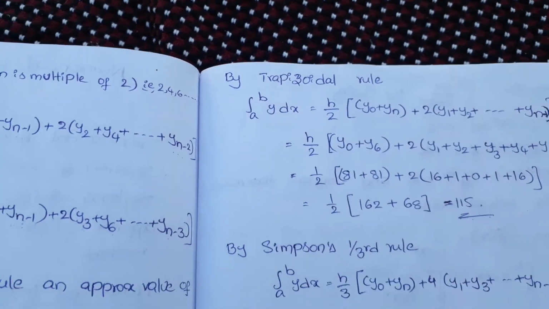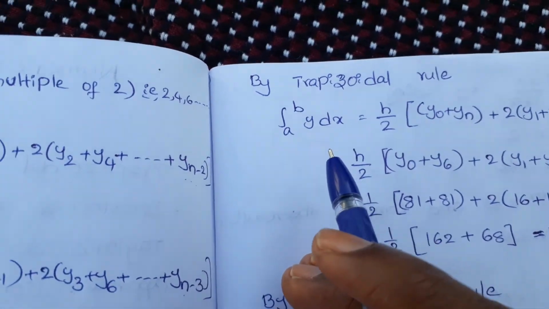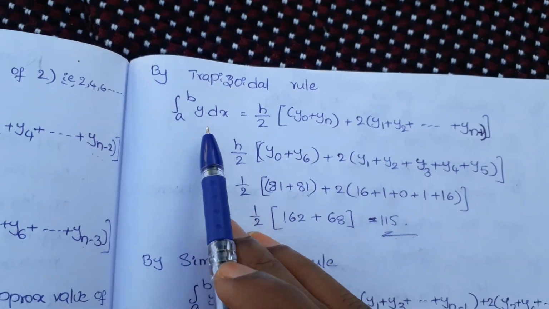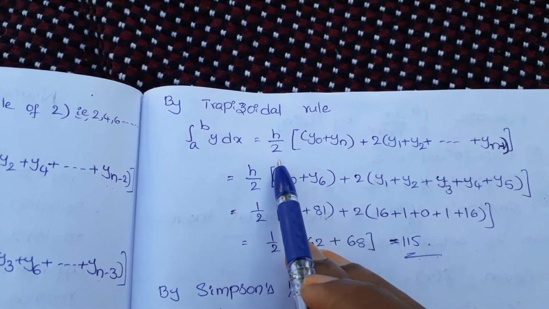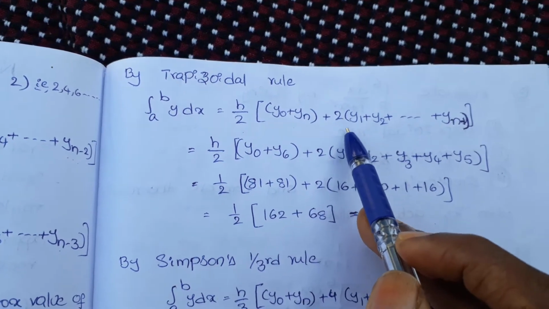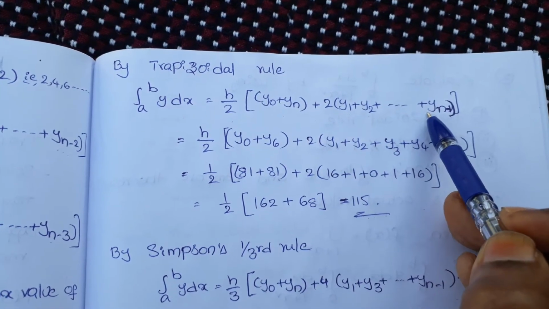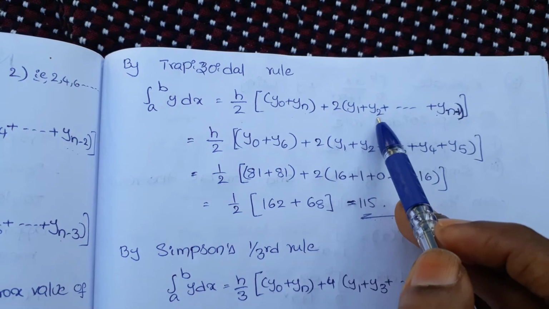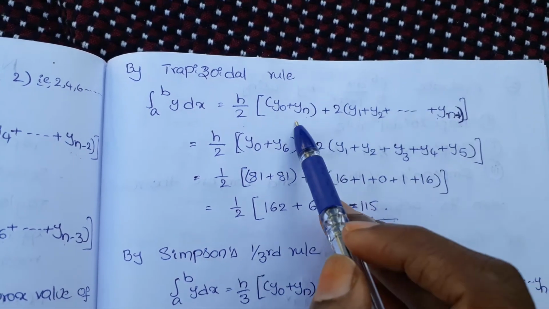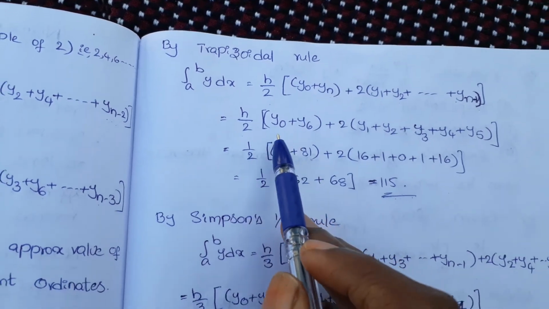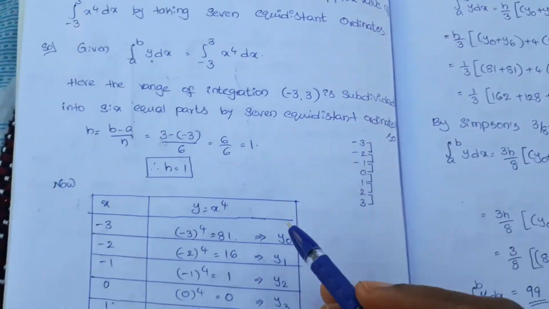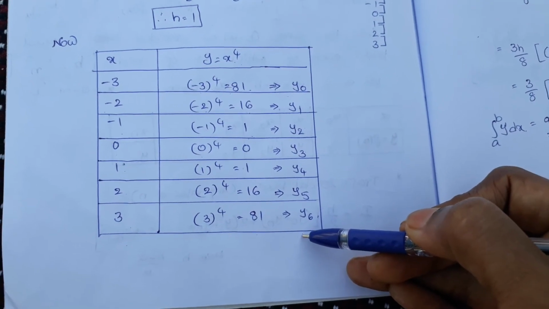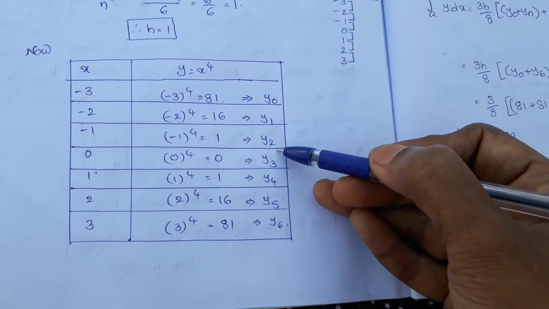And next we can find out the integral value of the given function by the trapezoidal rule. The formula, as we already know: integral a to b y dx is equal to h by 2 times [y0 plus yn plus 2 into (y1 plus y2 plus and so on up to yn minus 1)]. That is, the first value and last value, plus 2 into the remaining values, excluding yn. So h by 2 times y0 plus y6, plus 2 into y1 plus y2 plus y3 plus y4